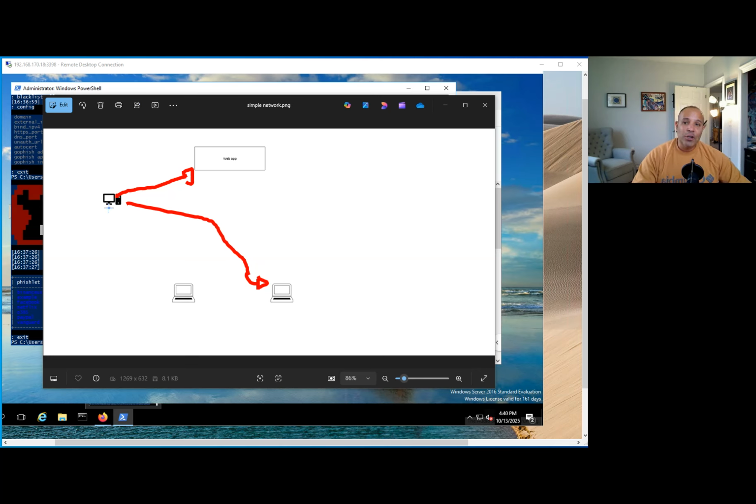Now, once the attacker sits in the middle, whatever communication takes place between the target computer and the web application is going to be captured by the attacker, which means the attacker is going to capture the username and the password. But most importantly, who cares about a username and password when you have MFA? Because once the attacker provides the username and password, the Office 365 application, if they have MFA enabled, which I believe is enforced now by default,